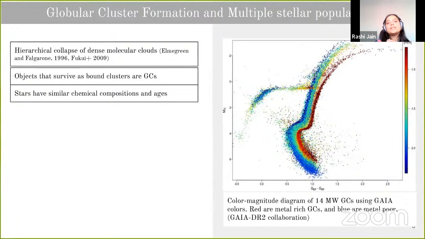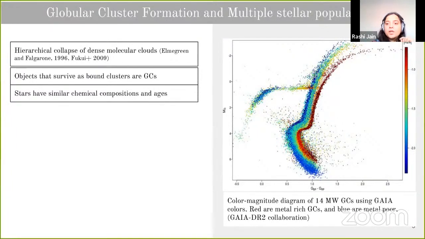This stems from the way the globular clusters were formed. It is believed that globular clusters were formed when a dense molecular cloud collapses hierarchically, and then all the stars form from the same cloud at roughly the same time. So they share similar chemical compositions and similar ages. But not all of these objects survive as bound objects, and those that do survive as bound objects form globular clusters. Since they are formed at the same epoch and from the same molecular cloud, they're expected to have similar